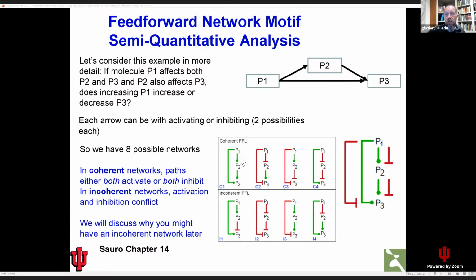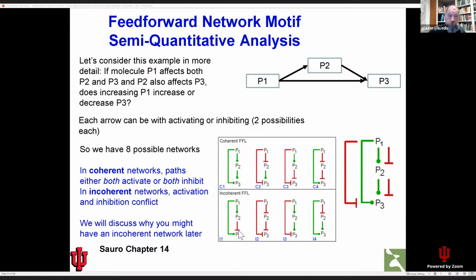These top ones, I'm pushing in the same direction in both. The bottom row are what are called incoherent feed-forward networks, because the two paths are pushing in different directions. Here, P1 is trying to increase P3 directly, but through the indirect pathway, it's trying to decrease P3. And so until I know exactly what the mathematical form is in the parameters, I don't know which of them